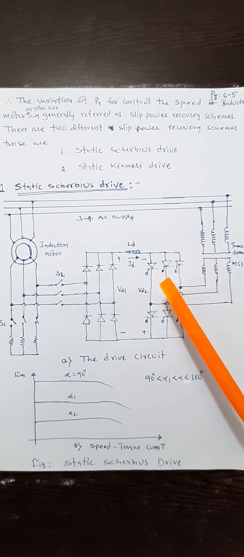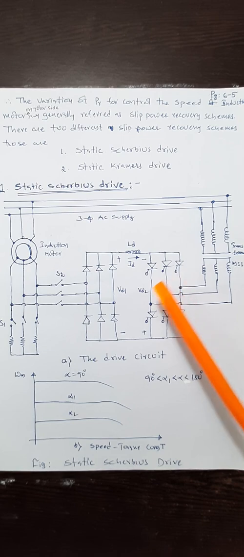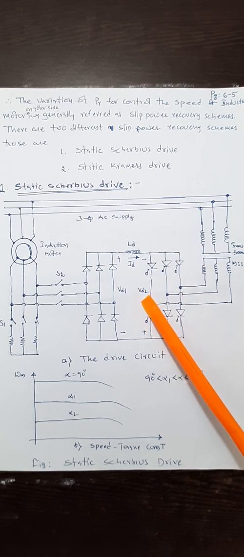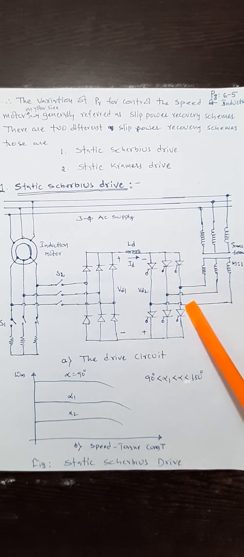At 90 to 180 degrees, it acts as an inverter. So we will always keep the firing angle in such a way that alpha is greater than 90, so that it behaves like an inverter. And when the input DC is to be converted into AC again and fed to the supply through a transformer of the ratio M is to 1.